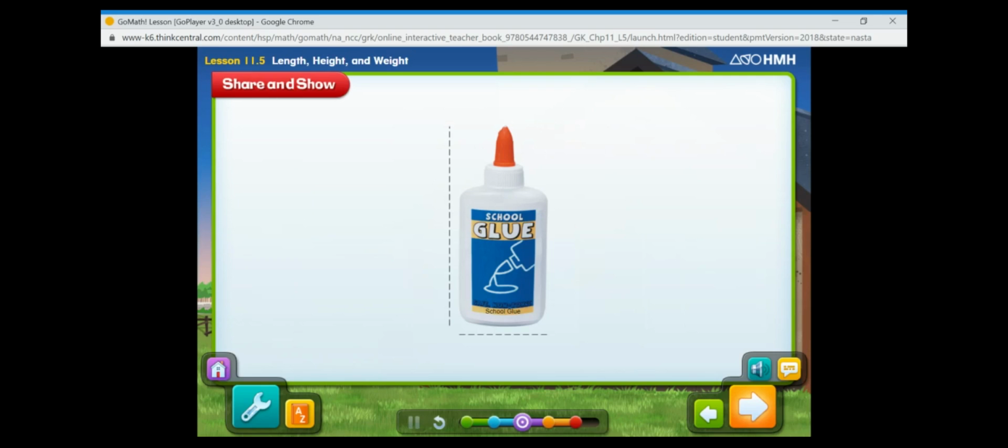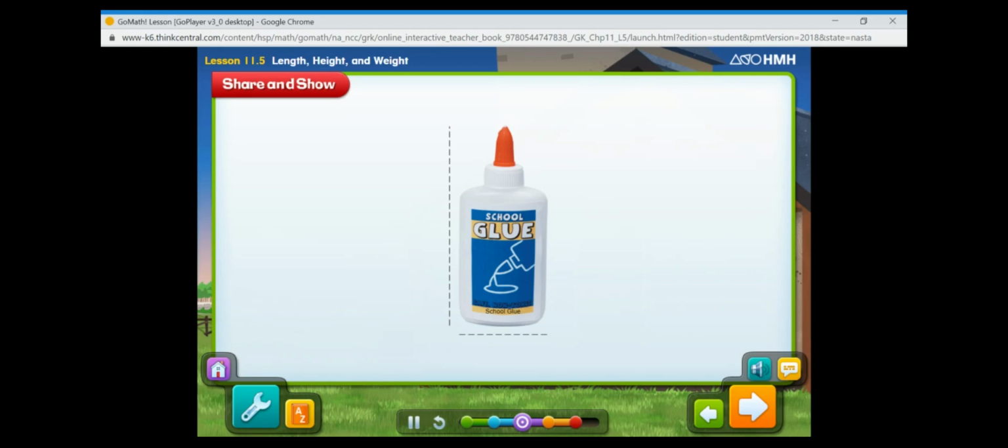Here is a bottle of school glue. Who thinks they can show me which one of these 2 lines is measuring the length of the glue bottle? Let's see. Perfect. The length of the glue bottle, let's see if we can highlight it here. It's taking an extra moment, but that's okay. Perfect. The length of the glue bottle is the red line that runs across the bottom of the bottle from